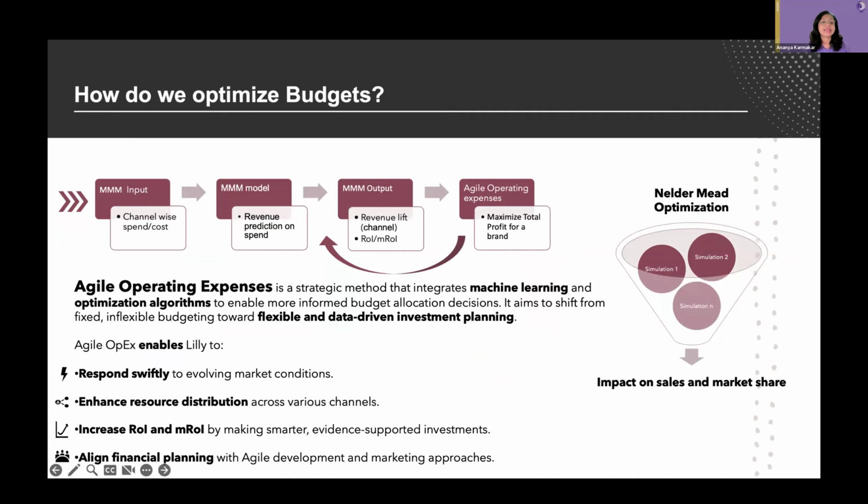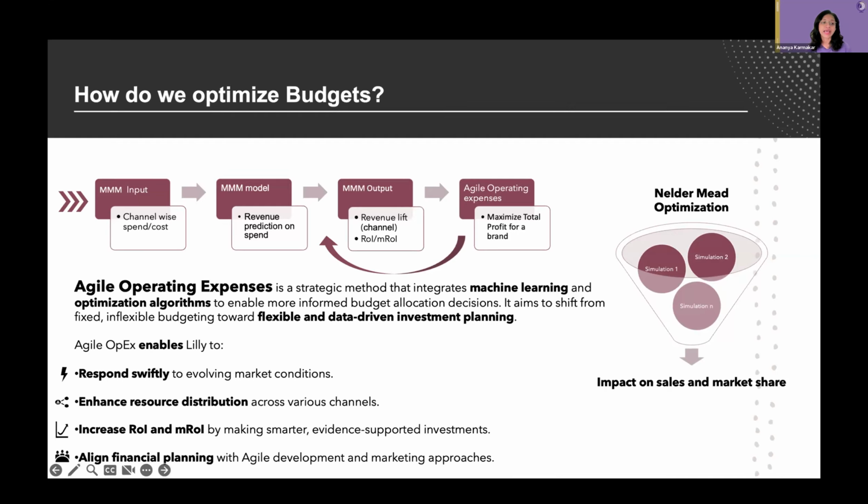Right, so that brings us to the last aspect of our impact model data science framework, which is Agile OPEX. Agile OPEX stands for Agile Operating Expenses, and it's a strategic approach that combines machine learning and optimization to guide smarter budget allocation decisions. It is designed to move away from static, rigid budgeting and towards more flexible and evidence-based investment planning. So rather than assigning fixed budgets to marketing channels based on business acumen, Agile OPEX uses simulations and modeling to determine how changes in spend across channels affect the outcomes that I talked about, like ROI, MROI, and